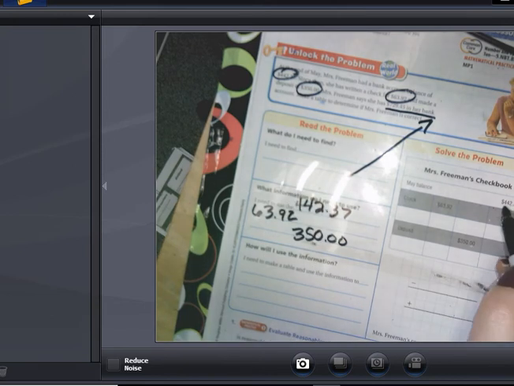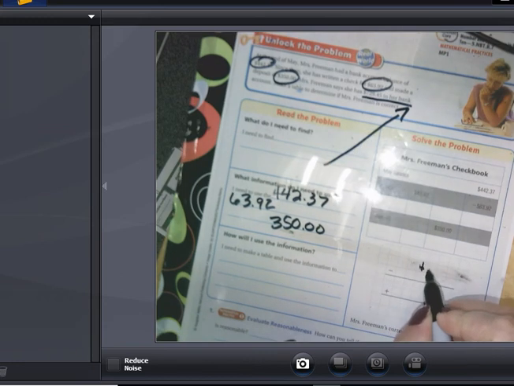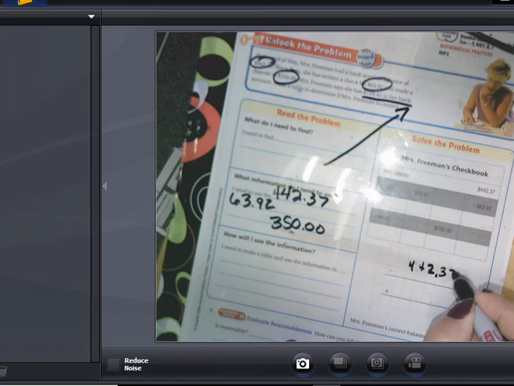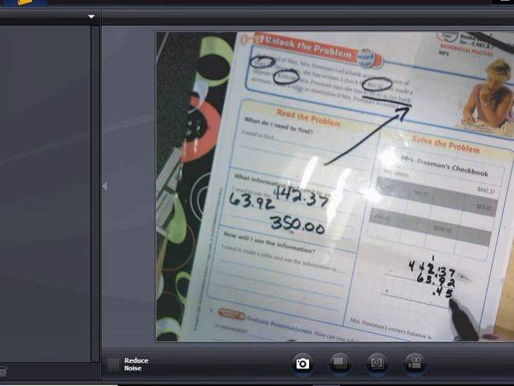Well, I'm going to start off with the total that she has. So I know she has $442.37. I also know that she wrote a check, which means she gave out money, so she has to subtract that from her account. So I'm going to put $442.37, and I'm going to subtract the $63.92. When I subtract that, I have to do some borrowing, and I drop my decimal down,